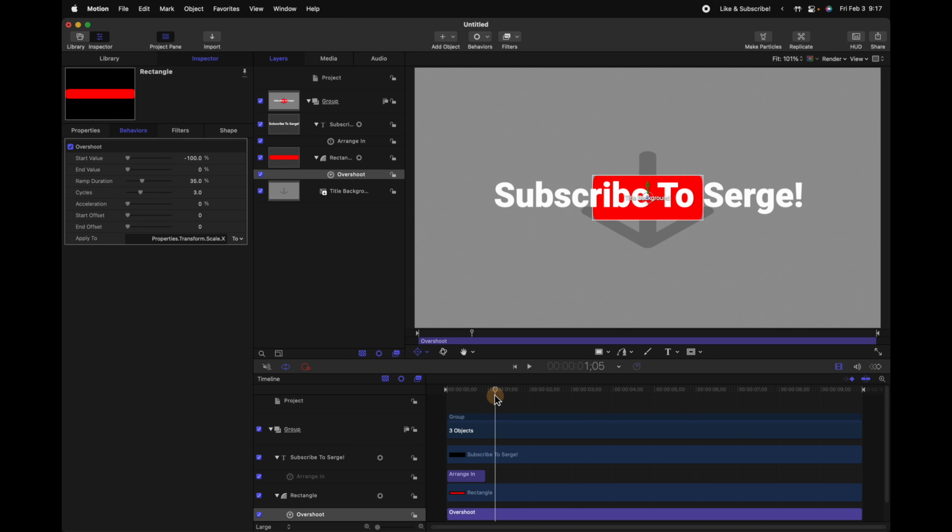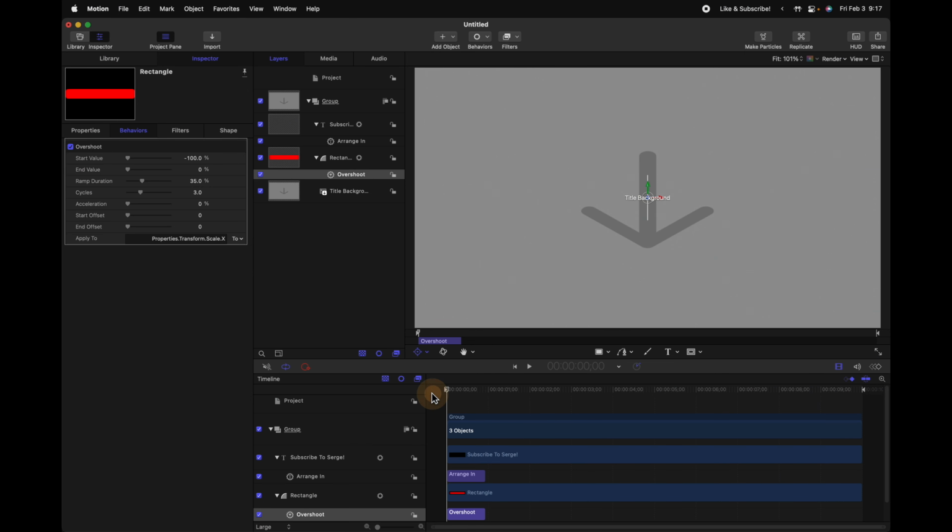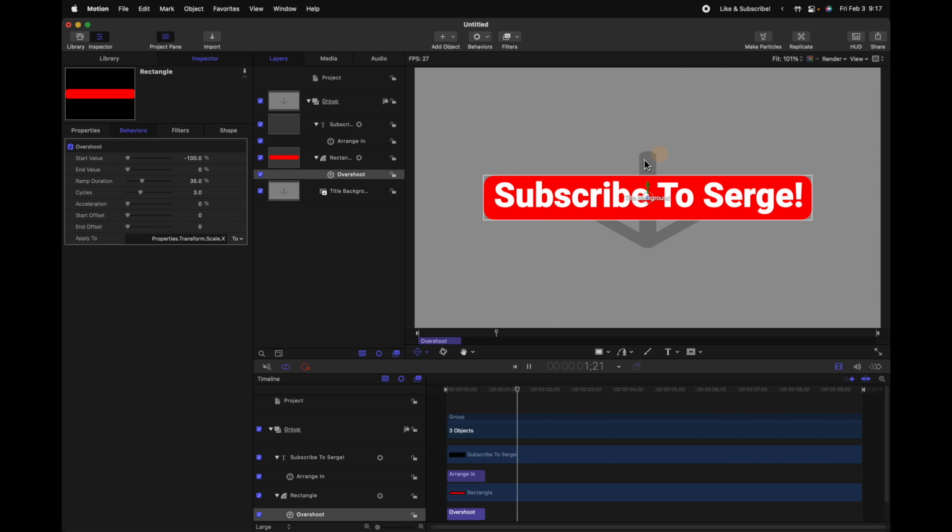However, you'll notice that the animation is extremely slow. So let's shorten that up to the length of our title that is animating in. I'm going to select the overshoot parameter and push O, and that will trim it down from the right side to wherever the playhead was. So that is setting the out point. Now if we push play, we can see that that overshoot parameter is happening perfectly with our nice little subscribe